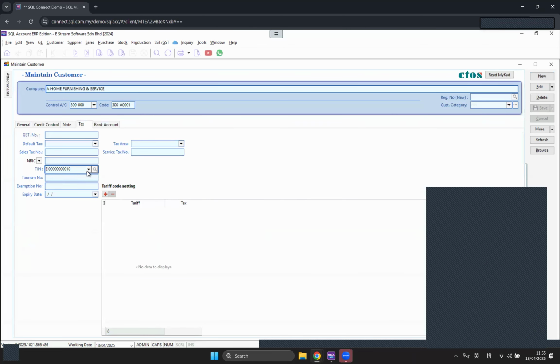You use this one, foreign buyer. Because they don't have the TIN number, right? So you have to select this one, foreign buyer. Then you have to issue, if they need the e-invoice, then you need to submit the e-invoice. So if they don't need, you can just submit for the